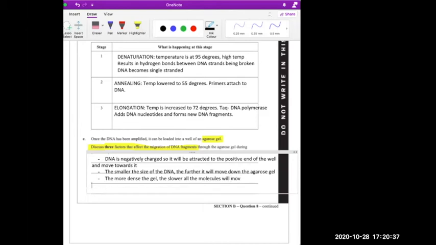And similarly, talking about the voltage, the longer the voltage is applied, the further the DNA will move, right? Yes, of course, the shorter ones are going to move furthest, but if you allow this to go for 24 hours, those DNA fragments are going to move off the gel and fall off. So the length of time that voltage is applied is correlated to